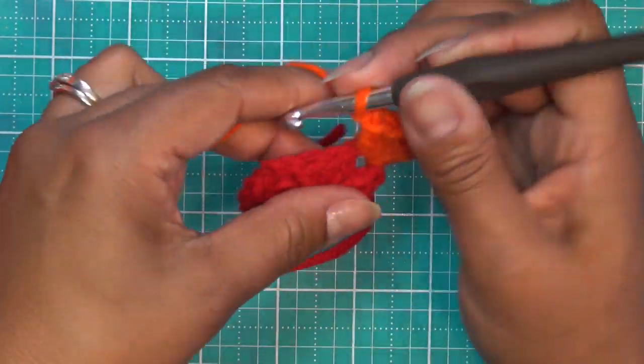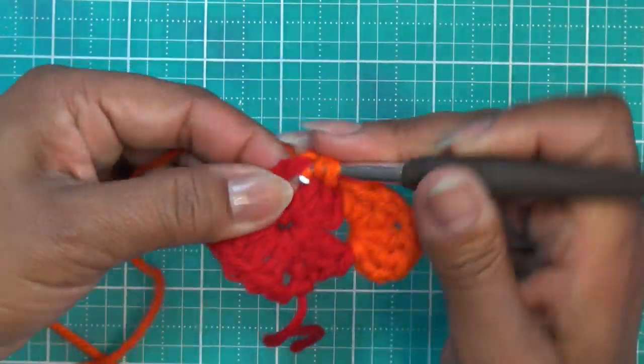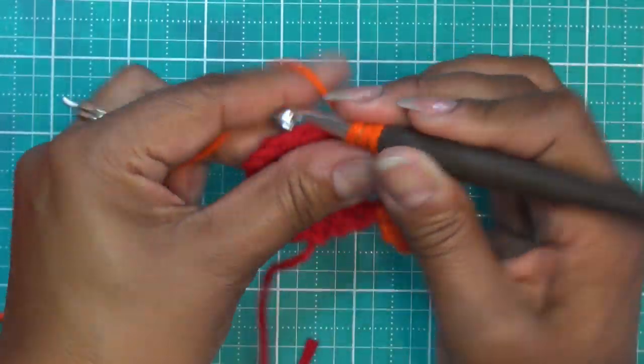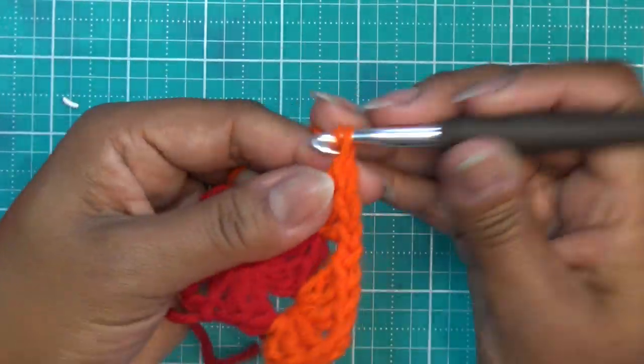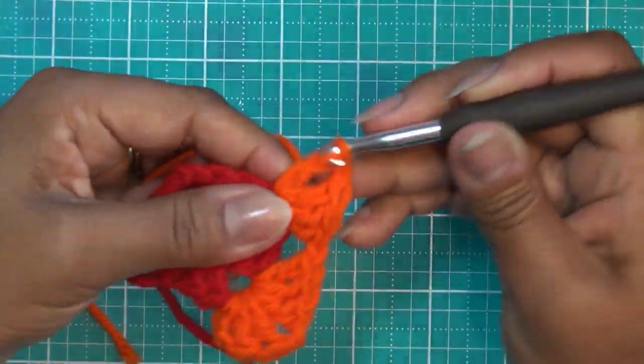So I chained 1, and I'm going to go to the next spot, which is this guy. And again, it's another corner. So we're going to do 3 double crochet. 1, 2, 3. And since it's our corner stitch, that means we're going to do chain 1, chain 2, and then 3 more double crochet. 1,